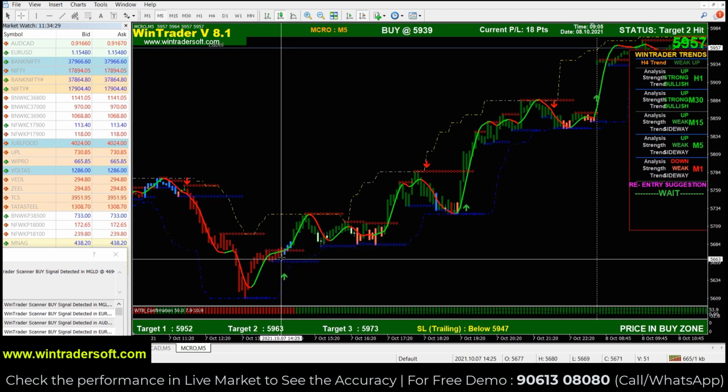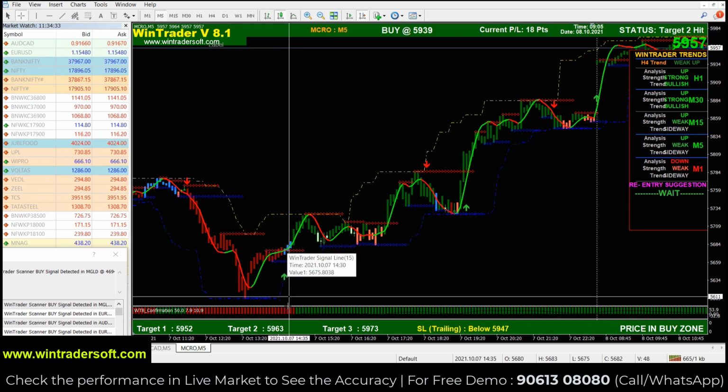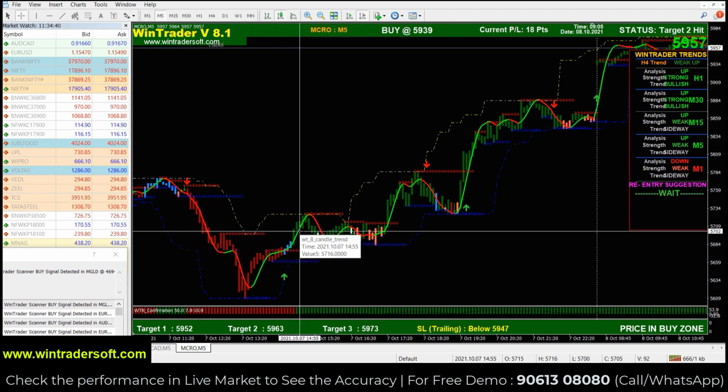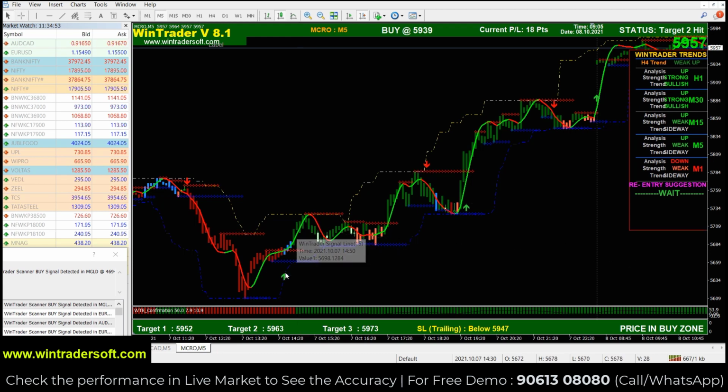Here the buy signal was generated at this point, but on the next candle, if you were to enter now, the bottom bar color must be green, only then can you enter the trade. In this case the entry price we get from this candle. On the second candle you can enter at 5704, and it went up to 5785, but the confirmation we get from this point after the signal. So this is the wait for the confirmed signal. After the signal is generated, we have to wait for the confirmation.